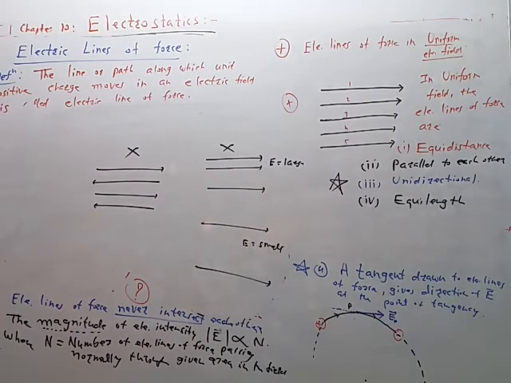Magnitude of the magnetic field intensity is directly proportional to the N. N is the number of magnetic lines of forces passing through a given area. A tangent drawn to the magnetic line of force gives the direction of the magnetic field intensity. या पहिल्या 4 प्रॉपर्टी इलेक्ट्रिक फील्डसाठी आणि मॅग्नेटिक फील्डसाठी एक्झॅक्टली सेम आहे. So if the field is uniform, maybe electric field, maybe magnetic field, the electric lines or magnetic lines of forces have properties 1, 2, 3, 4. They are equidistant, they are equilength, means magnitude is remaining same. They are parallel to each other, they are unidirectional for direction. So these are the first 4 properties.